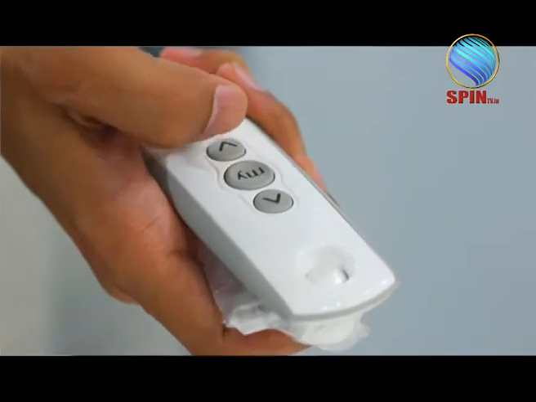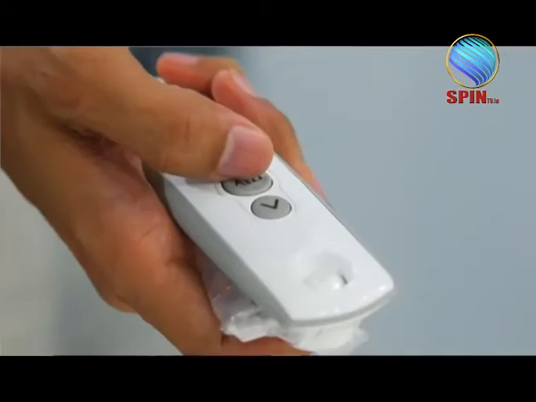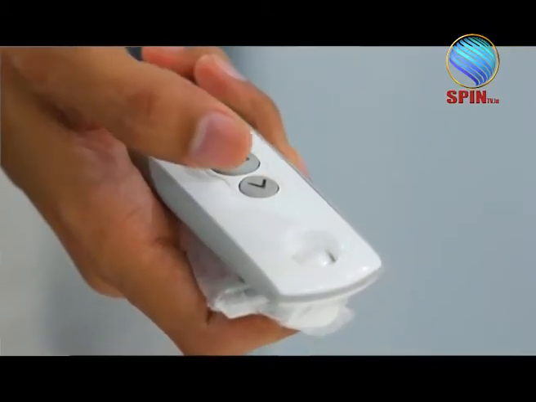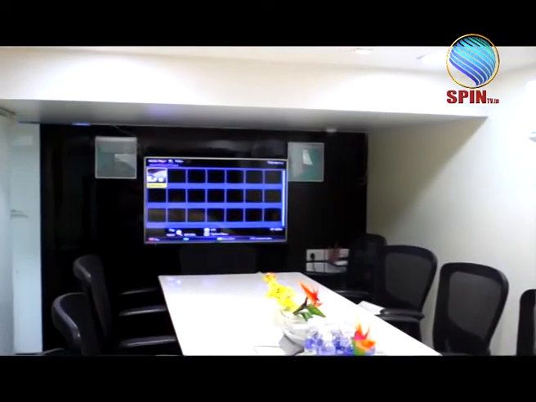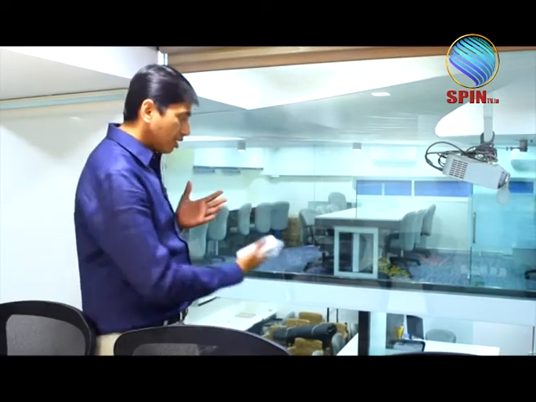During the discussion, I want this curtain to be down, so with the touch of a remote I'll get it down, and with the touch of a remote I'll get it up. And when there is no discussion, we just keep the curtains up. So this becomes the connectivity space between the two, as there is a glass barrier provided here. This glass barrier connects well with the courtyard, which is right downstairs. So when there is no meeting, we just keep it open, and it gives a wider space and better connectivity between the people working downstairs and the people sitting on top.